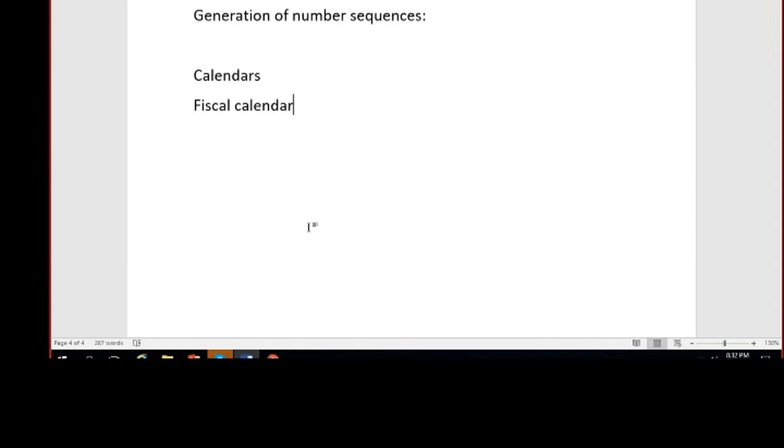So that's what we call a fiscal year. Where it starts and where it ends, we call it a fiscal year. And the calendar which holds all these years is called a fiscal calendar. So now I can create a fiscal calendar for you, and I'll show you how to create a fiscal calendar